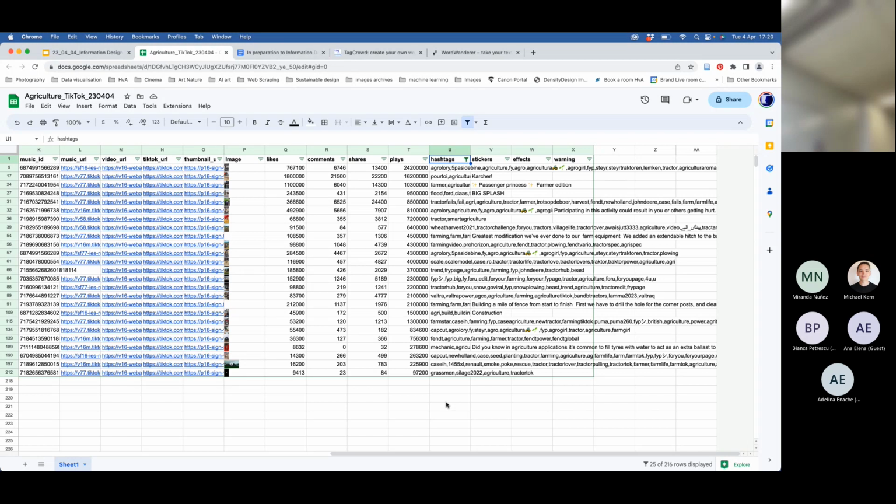Of course, you can filter and then sort by number of plays or number of likes, and automatically you have a sub collection of videos only about tractors, or probably that mention tractor, and ordered by the most engaging ones to the least. And this is, I would say, one of the two main actions you would always do with a Google spreadsheet